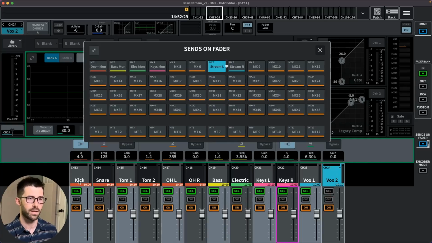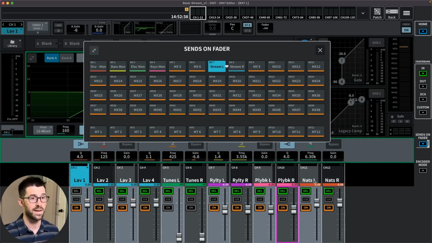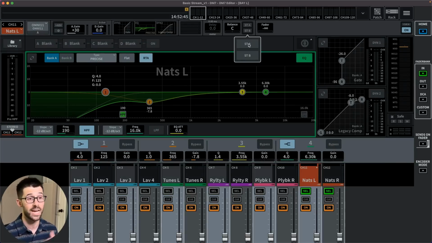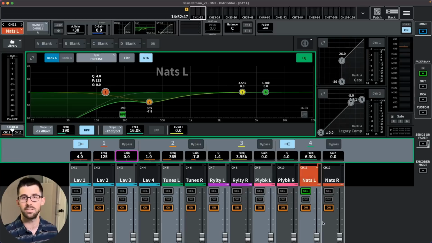But that's how I account for those differences in dynamic range in the room versus the stream. You would also make sure to absolutely unassign your NATs or ambient microphones from your stereo bus. So right here, stereo A is unselected, because nobody likes sending their ambient microphones back into the PA. And then I'll just park those at unity, and then I can ride them as needed for applause or anything